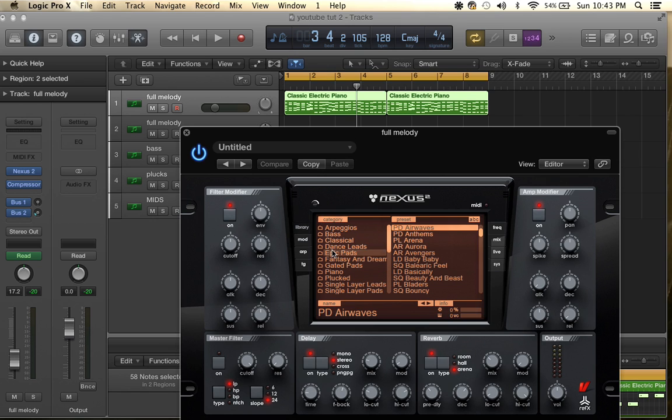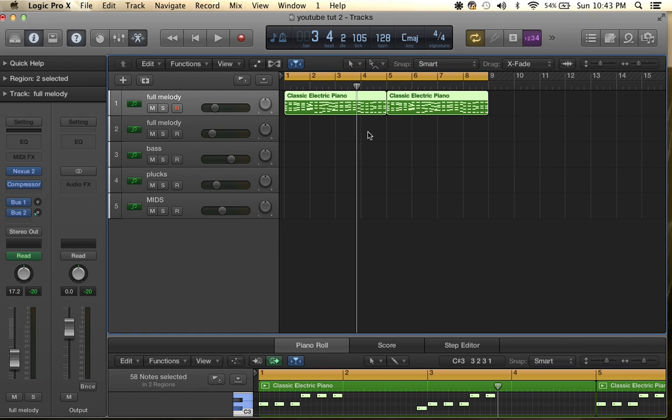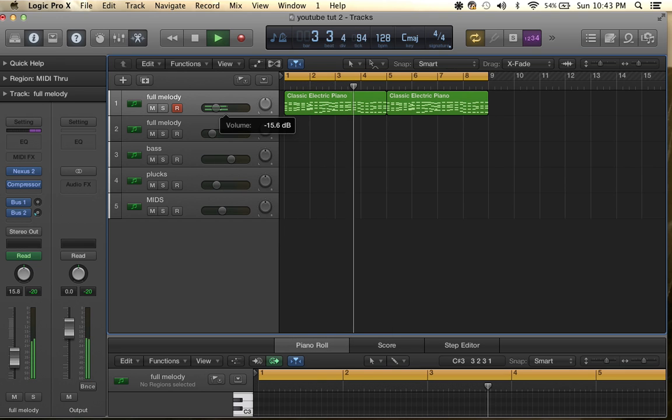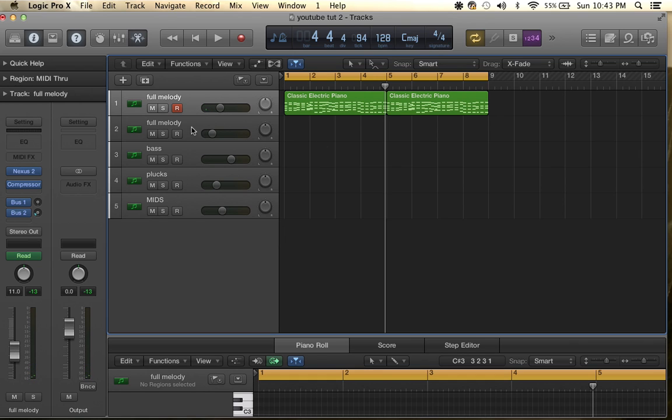You can find something that sounds just like it in Dance Leads. I'm sure of it, and I'll show you what it sounds like right now. Alright, that's the melody and that's the sound, so you can hear it's a really basic sound. It's nothing you should struggle to get a hold of.